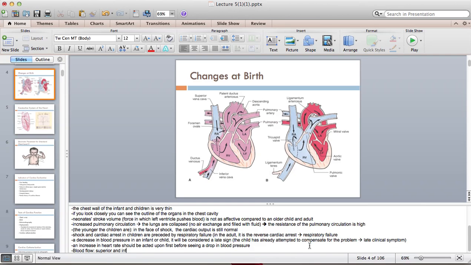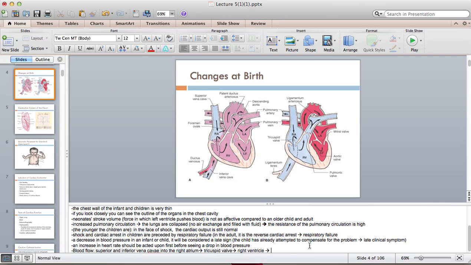Deoxygenated blood enters from the superior vena cava into the right atrium, which then enters the right ventricle through the tricuspid valve, and from there it goes into the pulmonary artery to the lungs where it becomes oxygenated, then back into the heart, into the left atrium, then passes through the mitral valve into the left ventricle, which then goes into